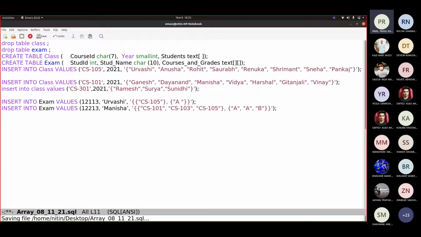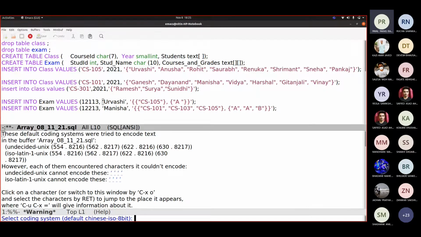Okay, so let us see now. There seems to be again probably some issue. Okay, yeah, for this. Yes, now let us save.